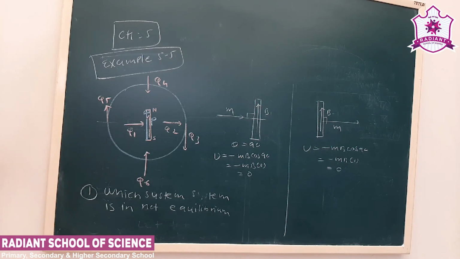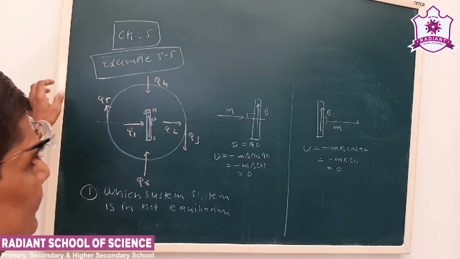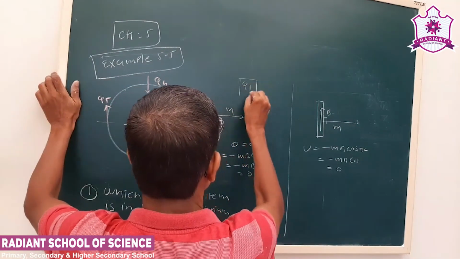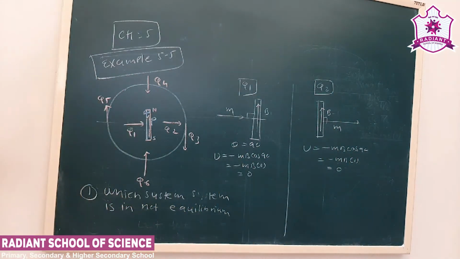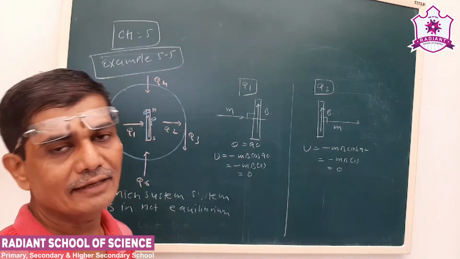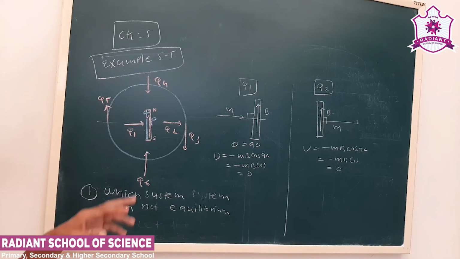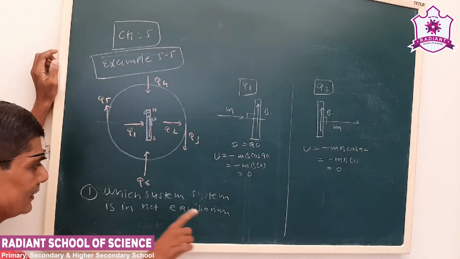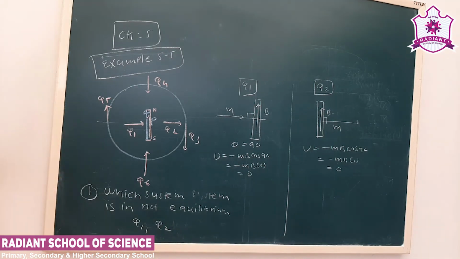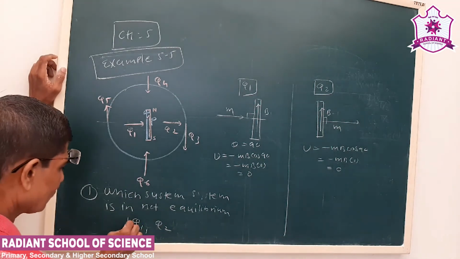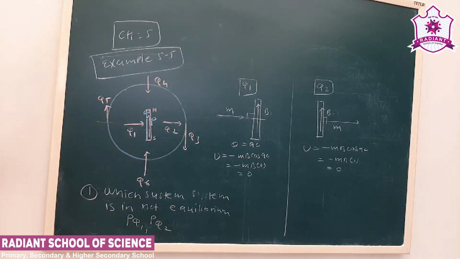Now see, all the other four will be either in equilibrium or non-equilibrium, that we'll see. Let us say this was for Q1, this was for Q2. What I would like to discuss is that first we find the potential energy for all six, then we can obtain all the answers. But here we can easily write that for Q1 and Q2, it is not in equilibrium, that is P Q1 and P Q2 according to the textbook.